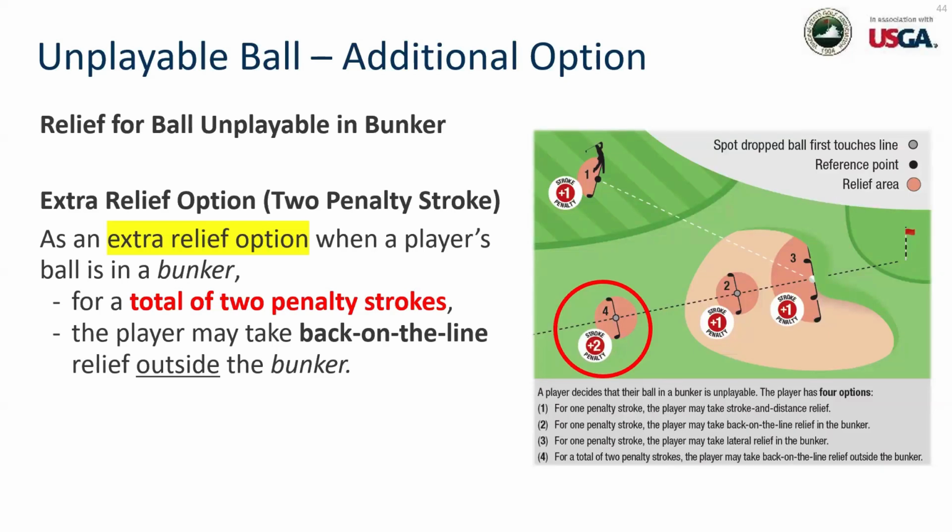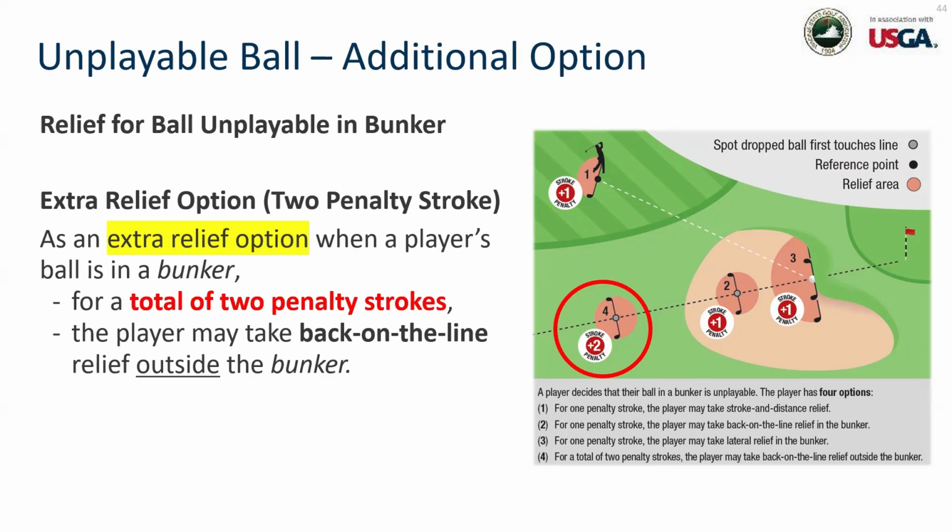There's a fourth option here, but it is going to cost you an extra penalty stroke for a total of 2. And that is we're going to allow you to get out of the bunker back on the line for an extra shot. So essentially, we can take that ball, line up the flag stick, now go outside that bunker, option 4 there, dropping it on the line. And as long as it stays within that 1 club length area,